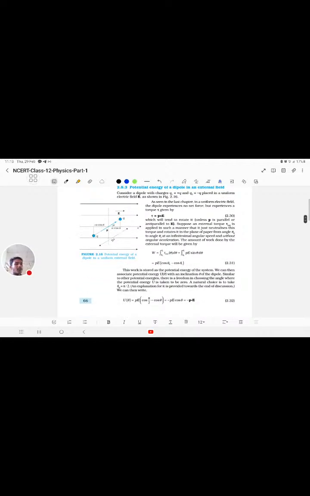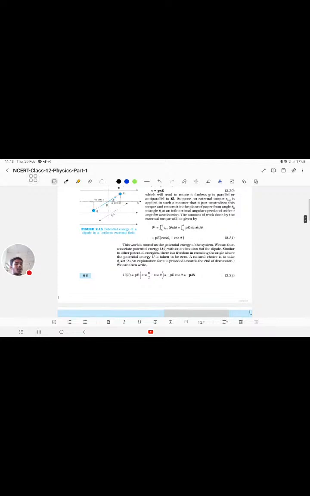Now this particular work will be stored as the potential energy of the system. We can then associate the potential energy U(theta) with an inclination theta of the dipole. Similarly to the other potential energies, there is a freedom in choosing the angle where the potential energy U is taken to be 0. Now what I am going to do is take theta naught equal to pi by 2. Theta naught pi by 2 will be considered to be the place at which I will consider the potential to be 0,